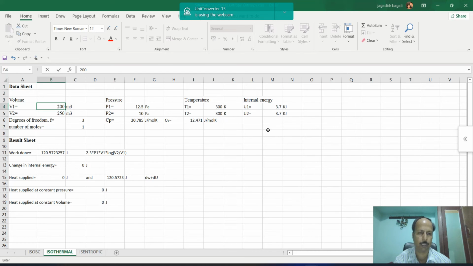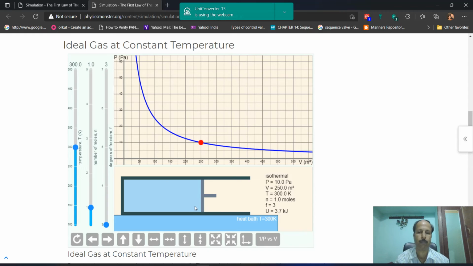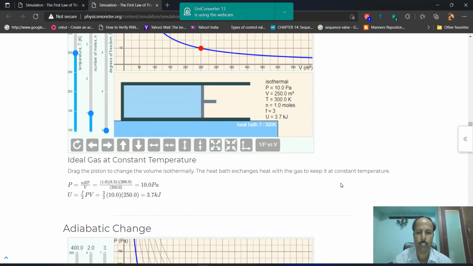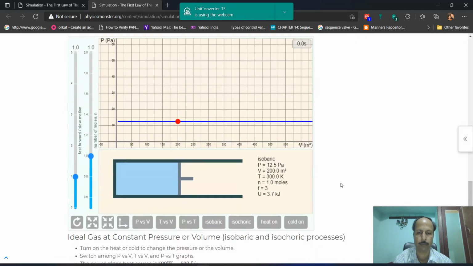Now in this simulation we have assumed that we are using a perfect gas in this system. To find out the specific heat at constant pressure and the specific heat at constant volume of this perfect gas, we use these two formulae.